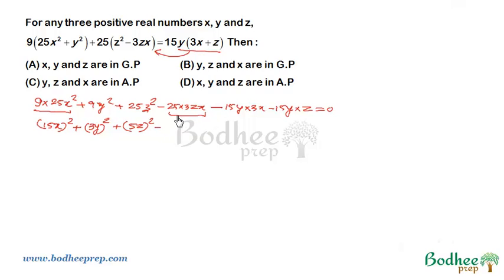minus, again this particular term can be written as 15 times x into 3 into 5 of z, right? We can observe that 25 into 3 is 75, which can again be written as 15 into 5. So I'm just using 15x and 5z so that it gets aligned with this. The coefficient of x should be the same, and similarly the coefficient of z should be the same. Now here, just to make the coefficient of y 3, I can write this as 15 times x into 3y, and this thing can be written as 3y into 5 times z, and that is equal to 0. So if I take 15x to be say A, 3y to be B, 5z to be C,